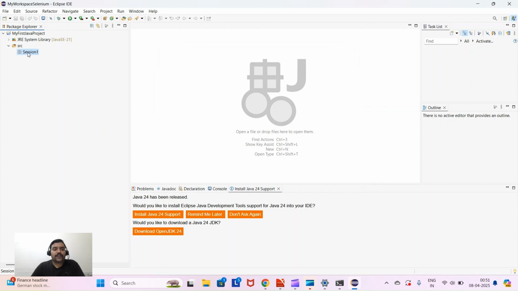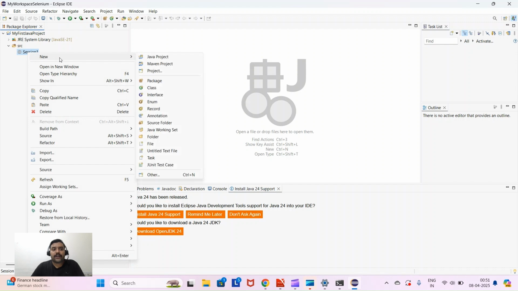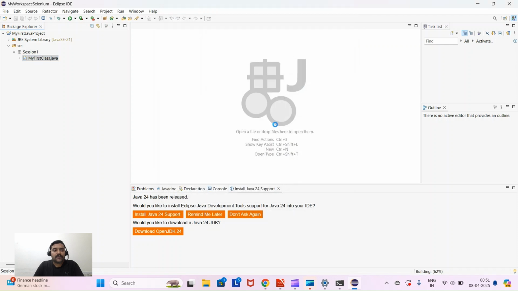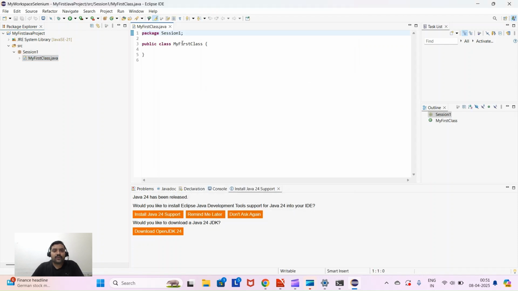Now this session1 is a package, and this is one folder. Under this folder you need to create one class, because where you will write the code, you will write it in a class. Here I will write my first class and click on Finish. Here you can see that I have already created the package session, so that's why it is coming here. And here you can see public